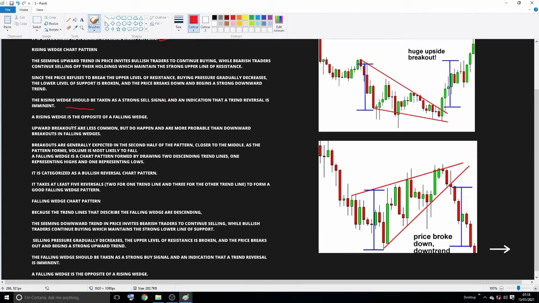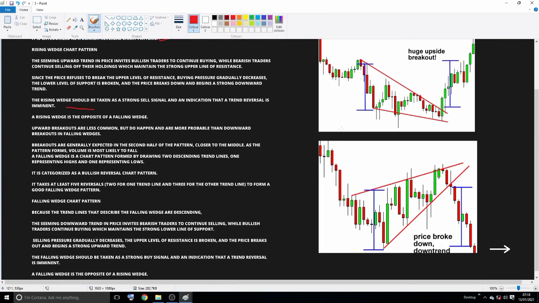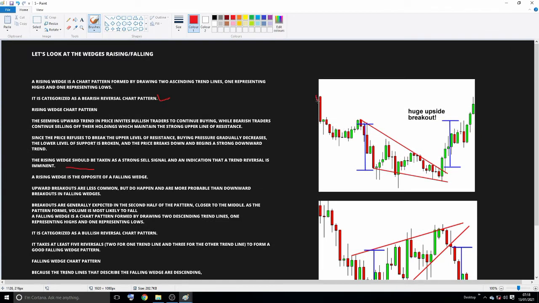The rising wedge should be taken as a strong signal and indicates that the reversal is about to start. A rising wedge is the opposite of a falling wedge. So what happens on this wedge is that you have a downtrend, right? And then price comes and gives you a higher low, and gives you another higher low, and another higher low, and then eventually breaks. So when it gives you these lows, you just put your lines here and they will form something like this. They will form a wedge,